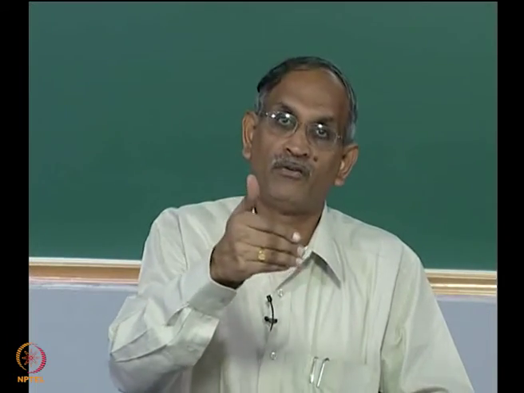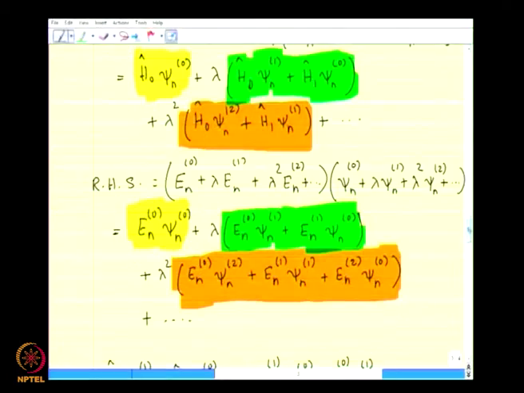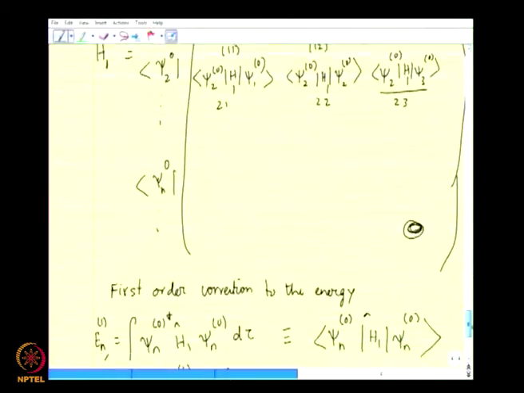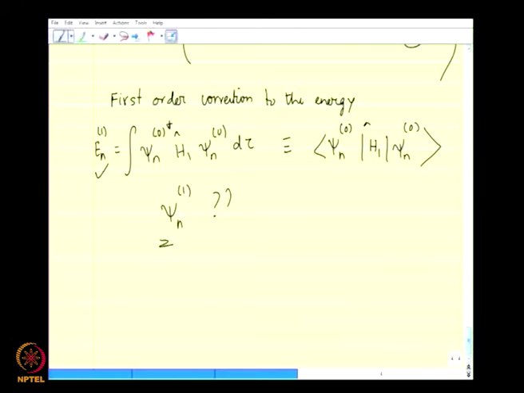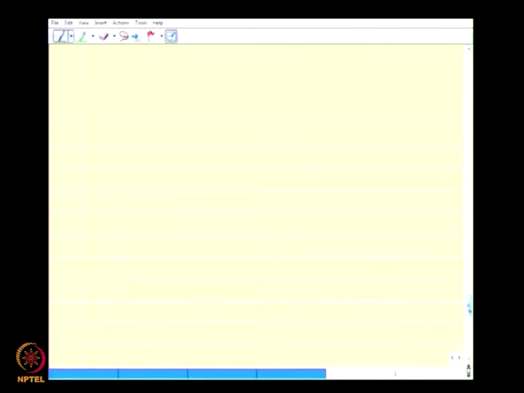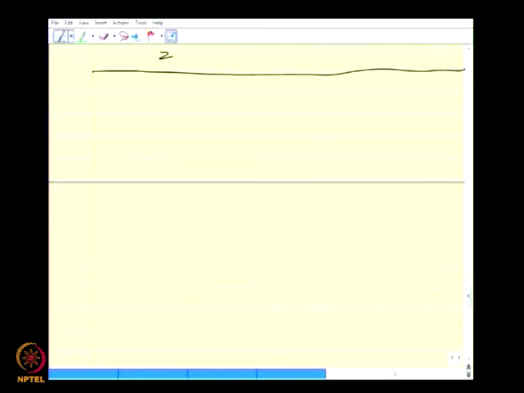Therefore, if you want to know psi n1, it is possible for us to write psi n1 in the form of a linear combination of all the basis functions psi 1 0, psi 2 0, psi 3 0, etc. Therefore, in principle we may want to do the following. We may want to write psi n1